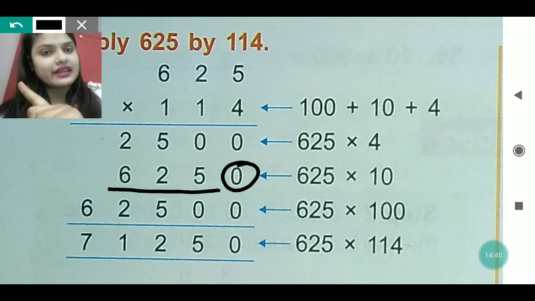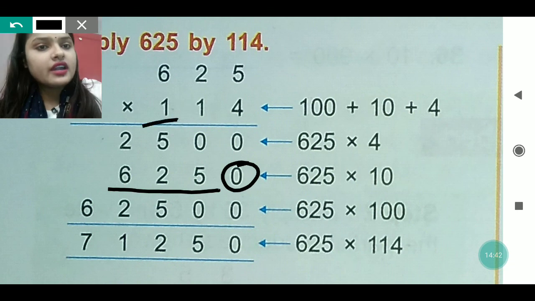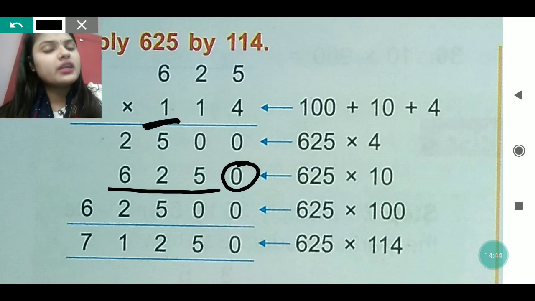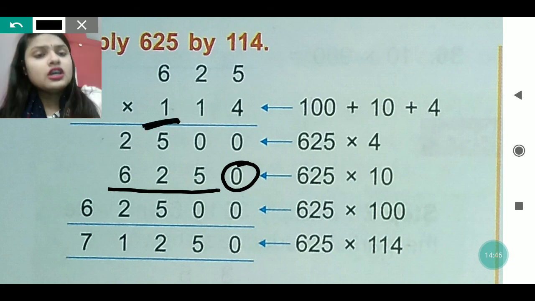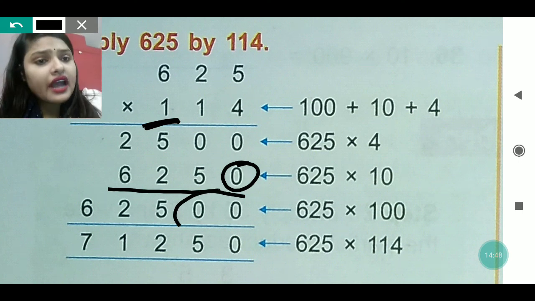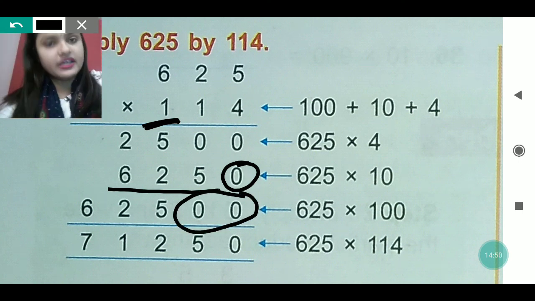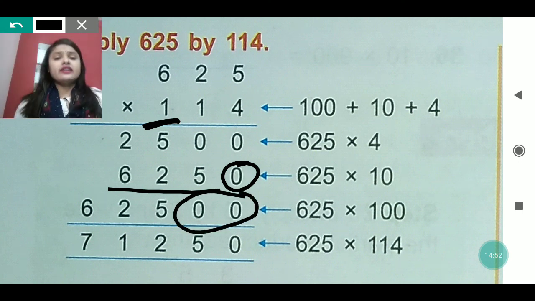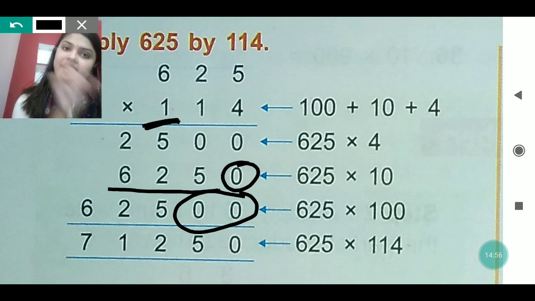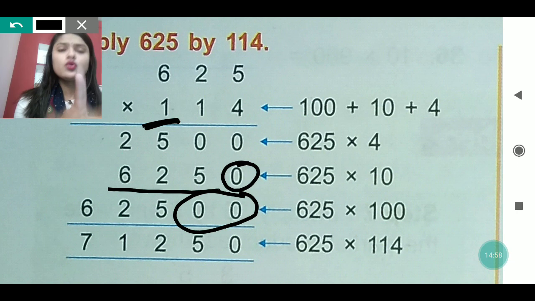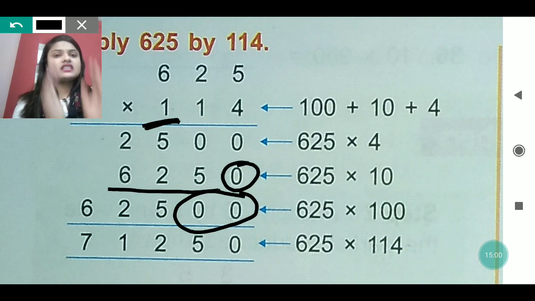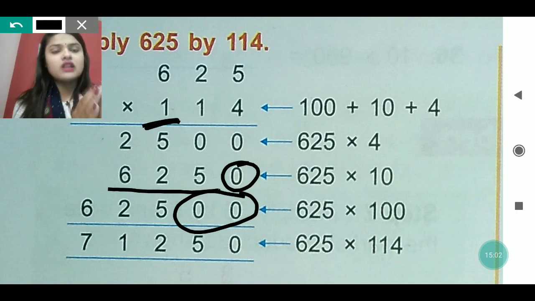Now we move to the next number, the third number. The third number is 1. So with 1 we have to multiply all the 3 digits. Again we put 2 zeros in the first places, then we do the multiplication. If we multiply all the 3 digits with 1, we get the number itself, that is 625. Like this we have done the calculation for all three digits.